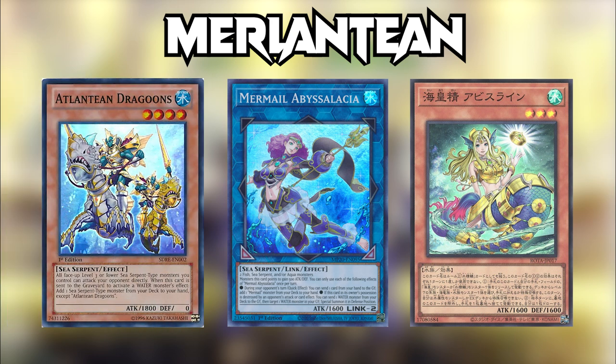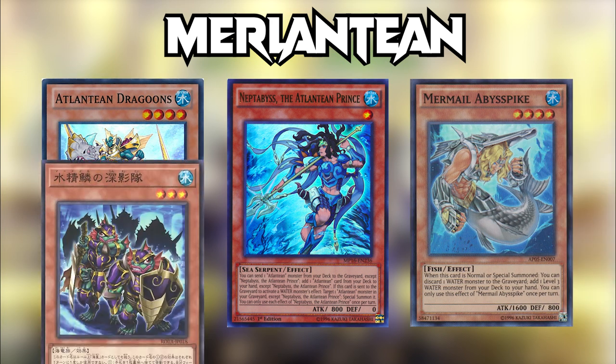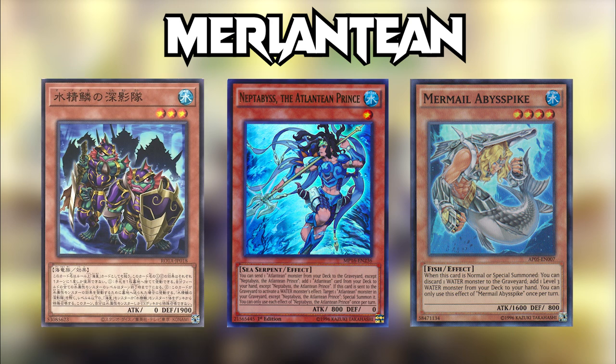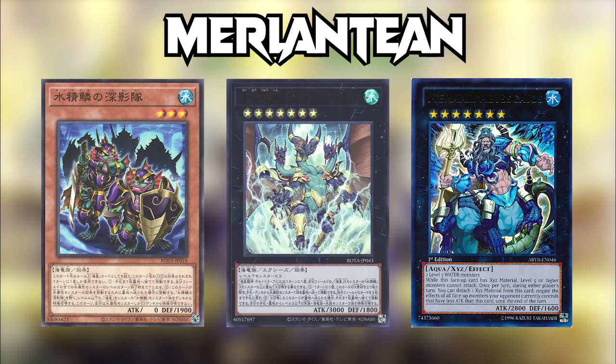She's not searchable with Dragoons, but you can get her with the Atlantean formerly known as Prince, or with Abyss Pike. And you can summon Abyss Pike with Shadow Squad, which is both an Atlantean you can send with Prince, and a Sea Serpent you can search with Dragoons. You can also sometimes use it as a way to start combos by pitching something like Deep Sea Minstrel and summoning Prince from deck,